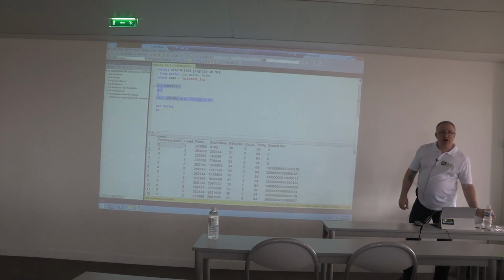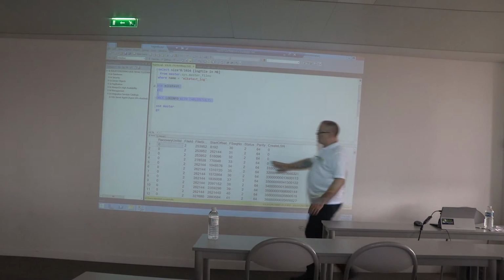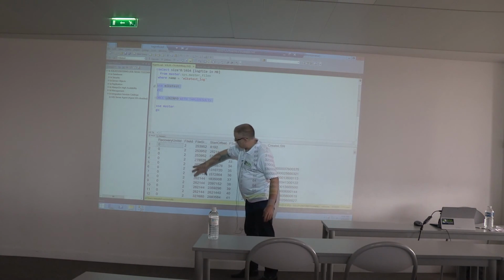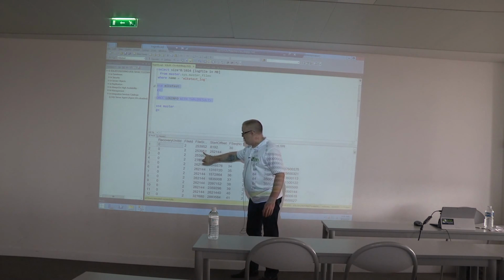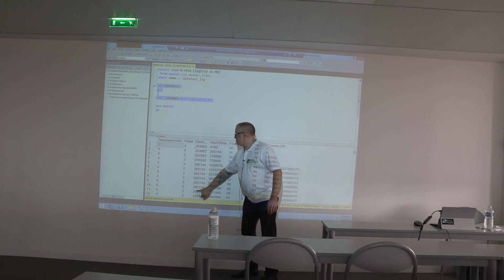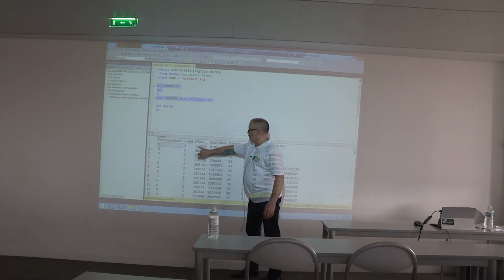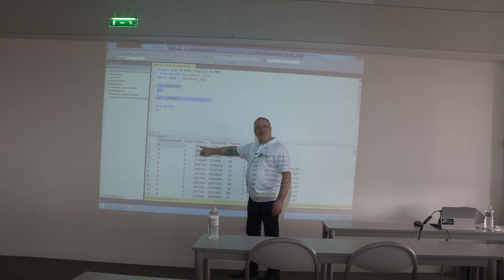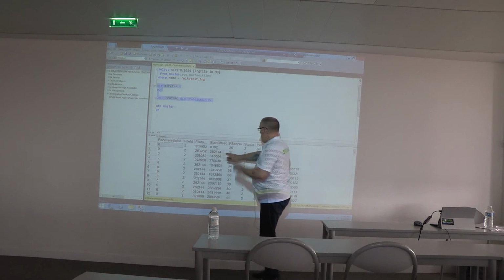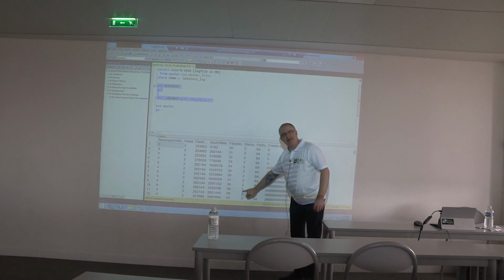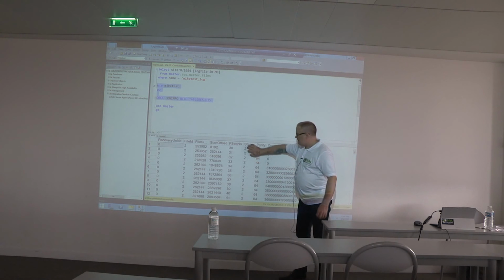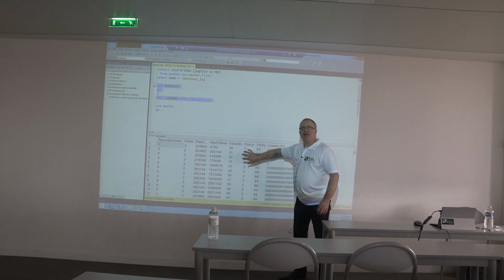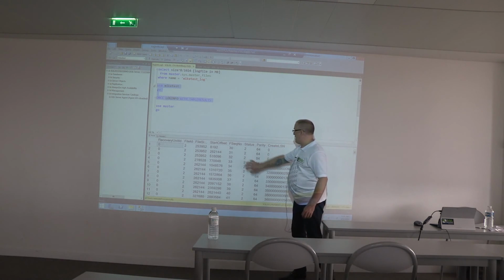So let me show you just a little bit. What you're going to see here is a file size column. You can see it's already starting to grow. This is in bytes, so this is a quarter of a megabyte growth. This is how big that VLF is. And then the other thing is a status. A status of 2 tells you that this VLF is in use, it has data in it, and it has not been backed up.